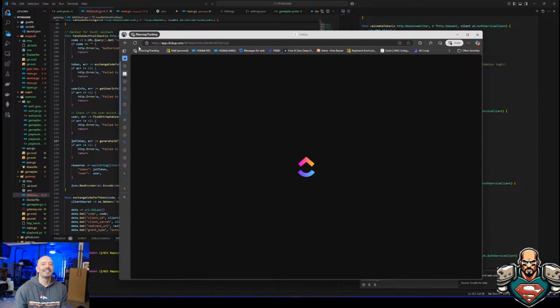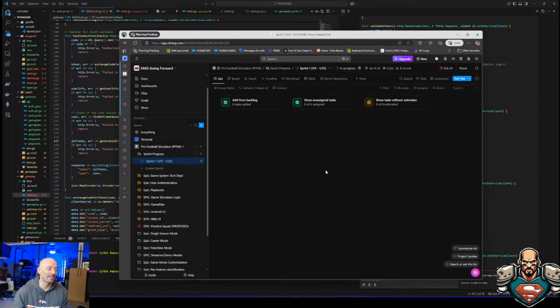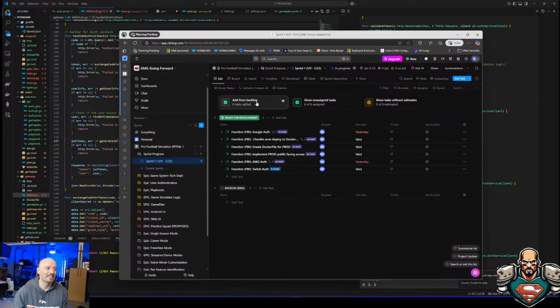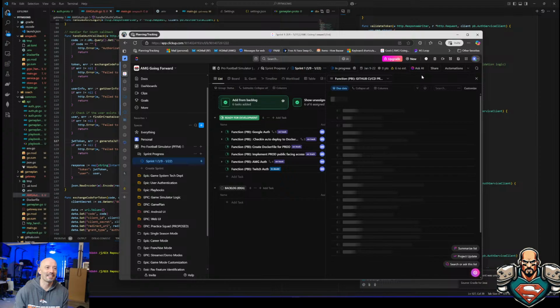This is one of the things. I don't have these kind of problems with Azure. And this is why I was hesitant with ClickUp. ClickUp is, I want to say, buggy. I mean, it has a lot of functionality and features, but it's not great. Its performance is less than ideal.